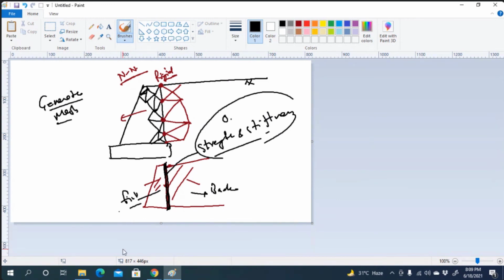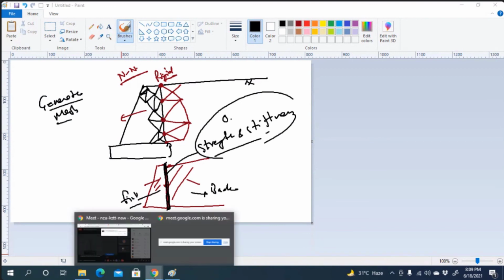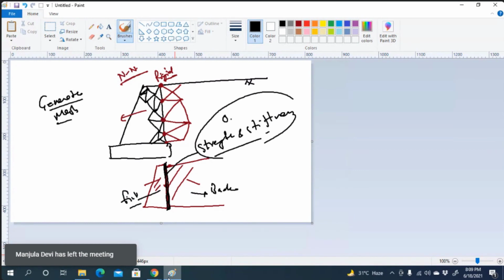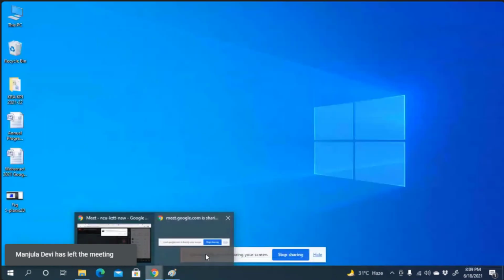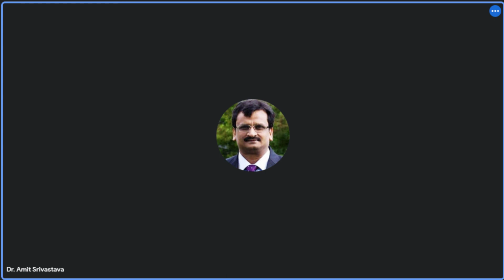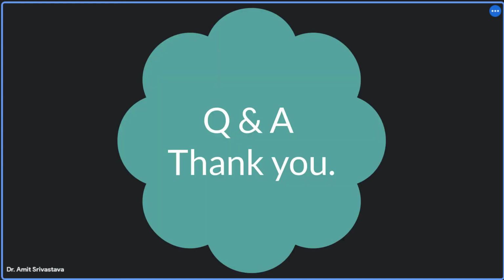So the answer to that question is that you provide an interface element to simulate the relative movement between structure and soil mass. I hope I was able to explain the reason for providing the interface element.